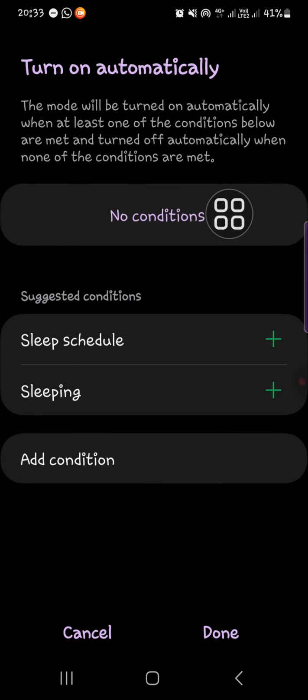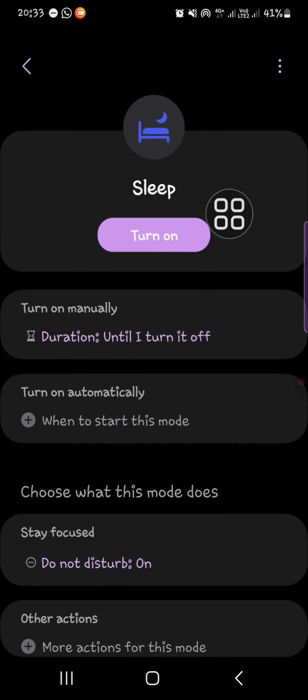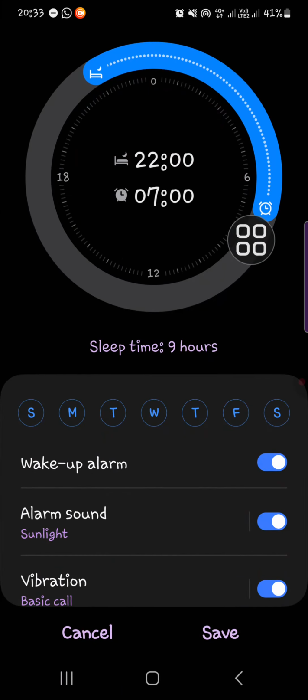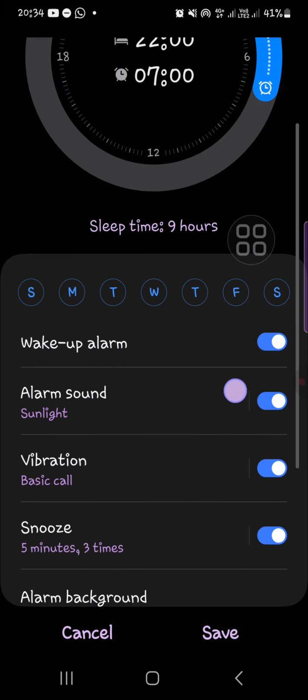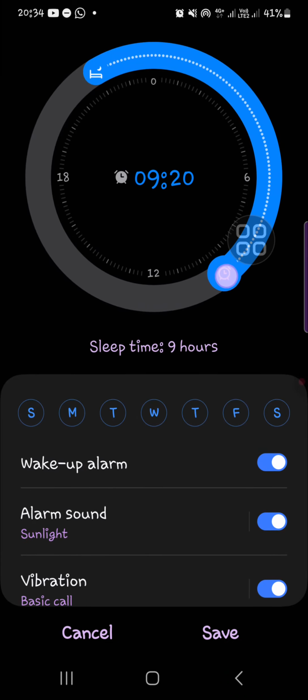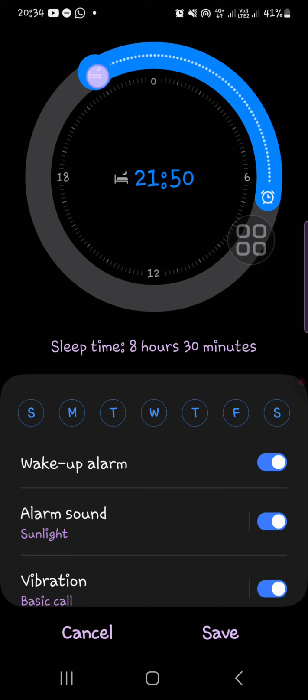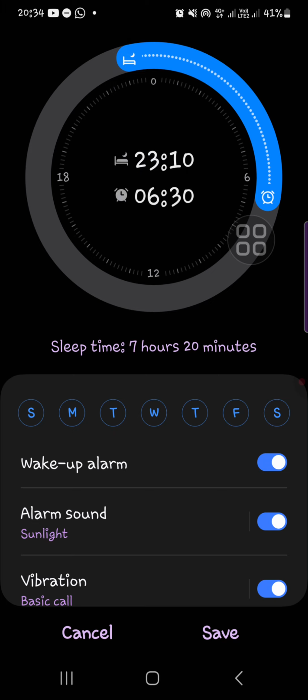I'm going to try to use this feature to turn on automatically, and I'm going to set the schedule. I'm going to click on sleep schedule right here, and then I'm going to set it, for example, from 11 p.m. until